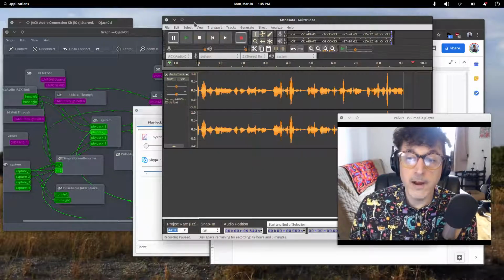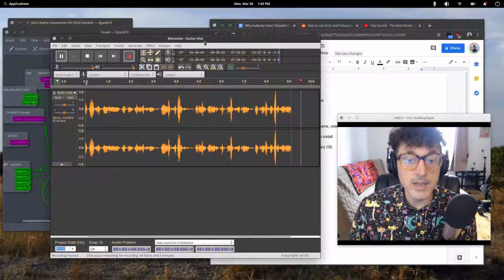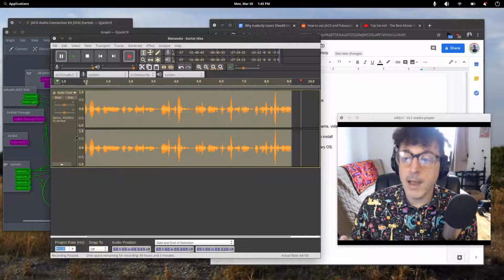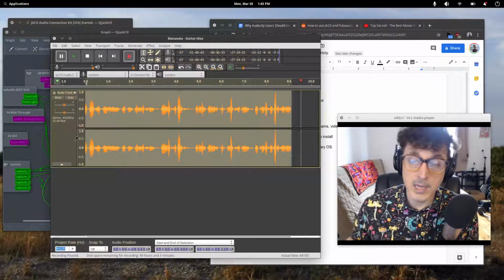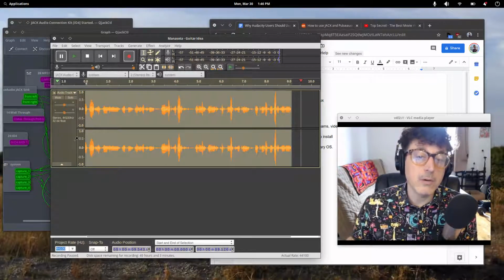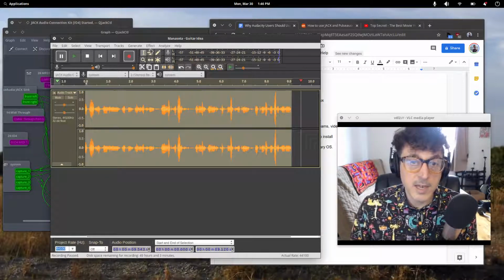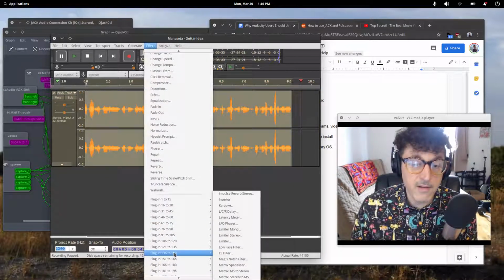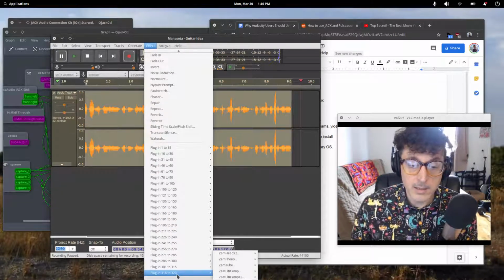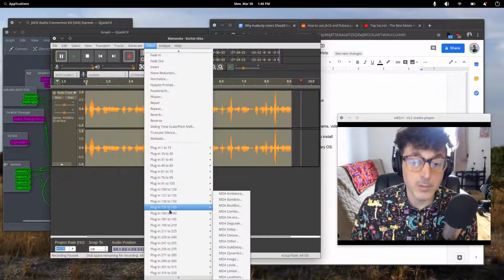Now, the last final point I wanted to make is within Linux, there are way more plugin options available for, well, I wouldn't want to say way more, because if you're using VSTs in Windows, you have a lot of options. However, there are so many that are just easier to install for Audacity and Linux. Now, if we go in here and look at all the plugins I have, you will see just a ridiculous amount of audio plugins, 320 to be exact, and all of these are 100% free, and I found them all within the Linux repositories.